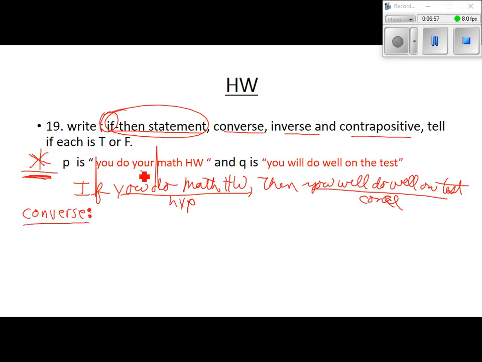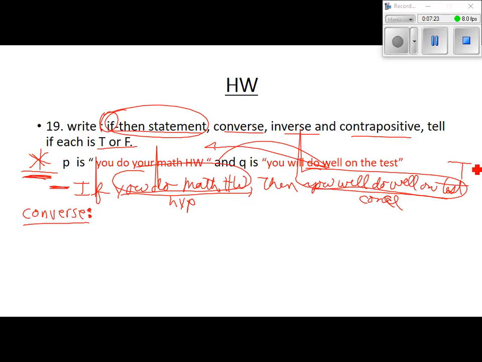Switches these two. It takes the hypothesis, moves it over there, takes the conclusion, moves it over here. So it switches the two. First of all, let's go back to this one, because I forgot this part. If you do your math homework, then you will do well on the test. Is that true or false? False. It could be false, but we're gonna go with true because in my experience, if you do your homework